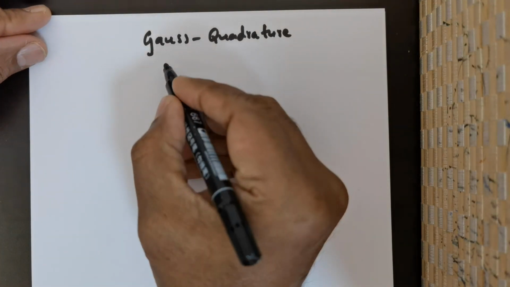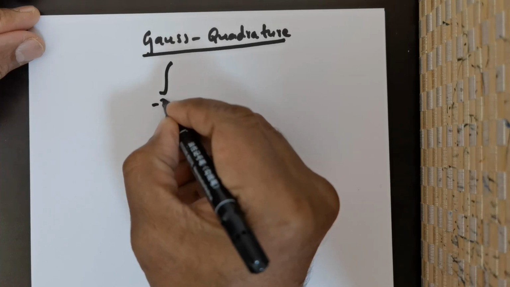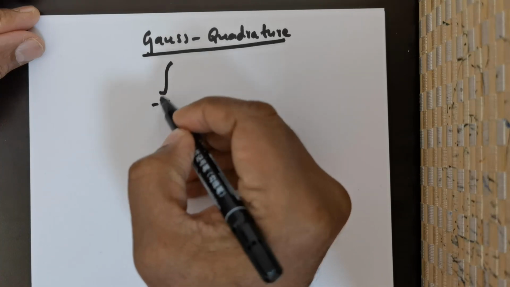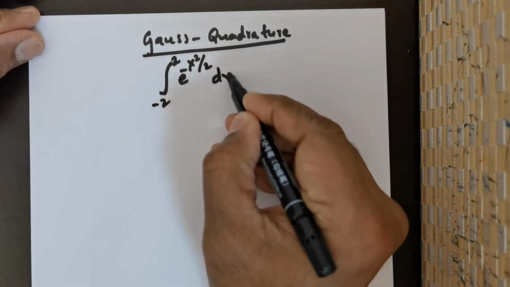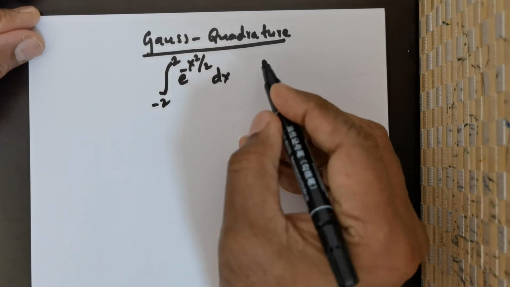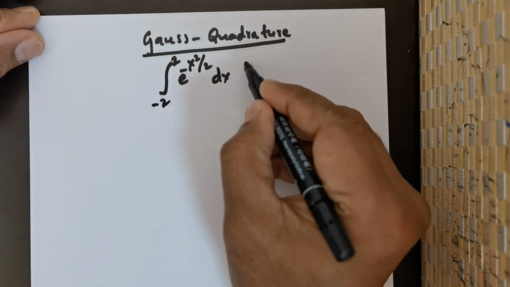Welcome students. In yesterday's class I performed the evaluation of this particular question, integral from -2 to 2 of e raised to the power of -x squared over 2 times dx, using Gauss Quadrature. Now a few questions were asked to me. First question is, how